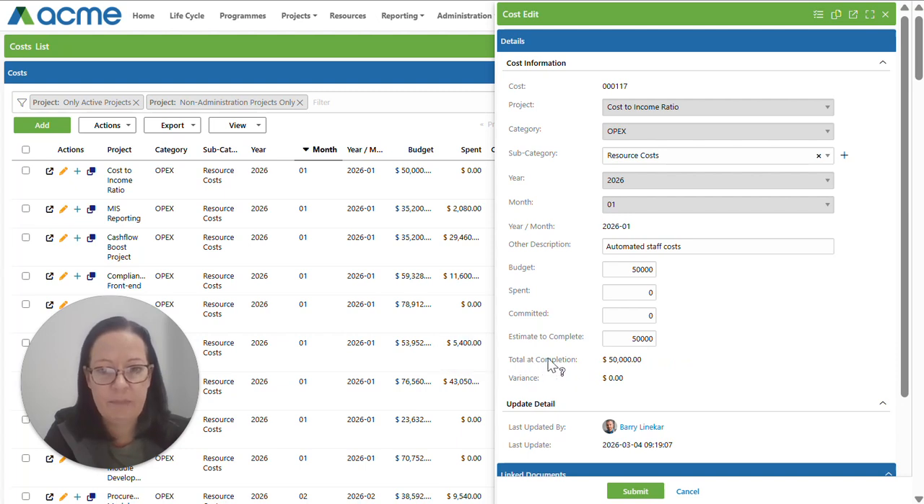How the total at completion is calculated is it takes your spent plus your committed plus what you still estimate to complete, and that gives you your total at completion. Your variance is calculated by taking your budget less your total at completion, and that would give a variance. So on day one of your project, generally your budget and your estimate to complete is the same, therefore zero variance. But if we